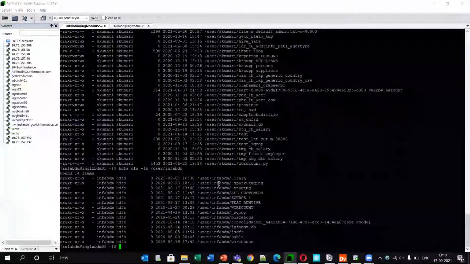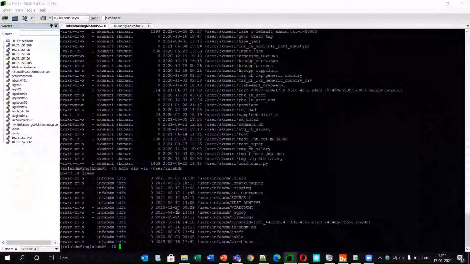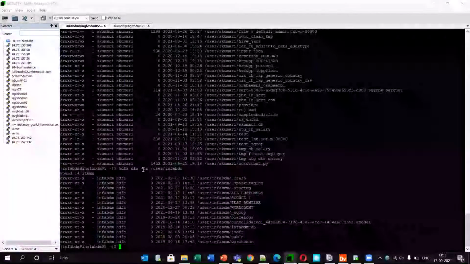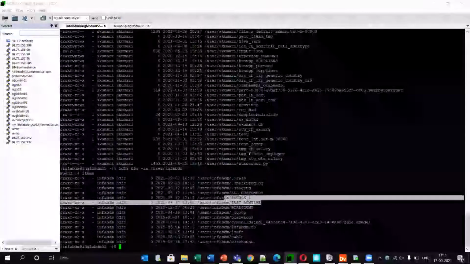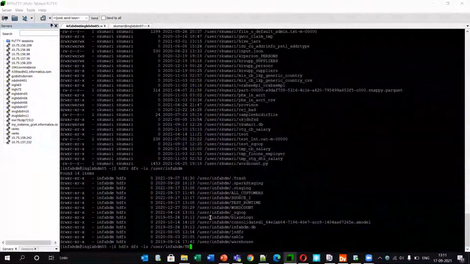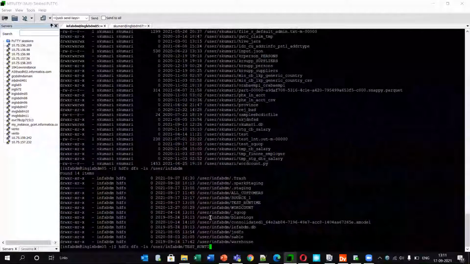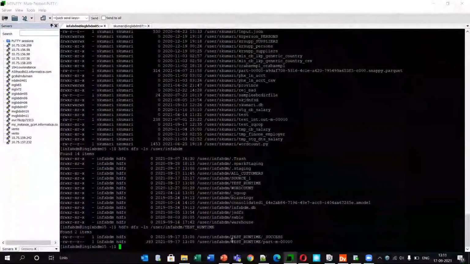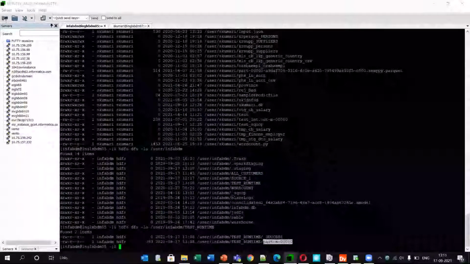Sorry, I was using the Infa BDM user, so I was not using S Kumari. So it will be stored in the Infa BDM user itself. When I ran this -ls command on the Infa BDM user, I got this folder as test runtime. If I look into it, I can see there is a part file created, and this is my file where all the data is stored.